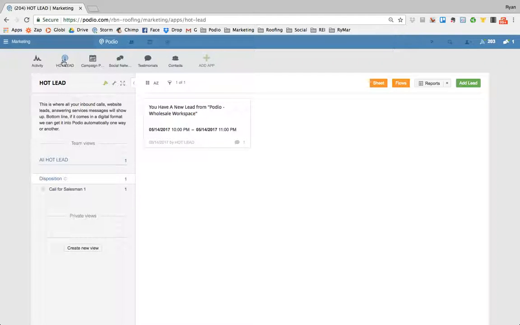All right, so here we are in the marketing app. We're in the hot lead app, so the marketing workspace, the hot lead app. This is where all your leads and telephone calls off direct mail or any sort of promotions you have out there, that you'll get a phone call or an email notification or anything like that. We can go ahead and push it into Podio. Have this formatted however you want to show up, and then from there we'll just pop in it and we